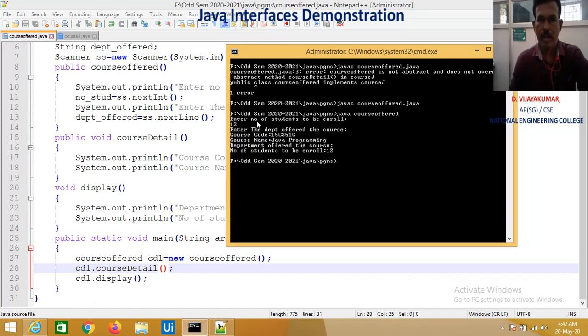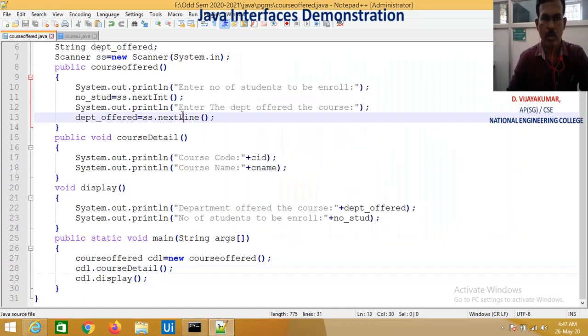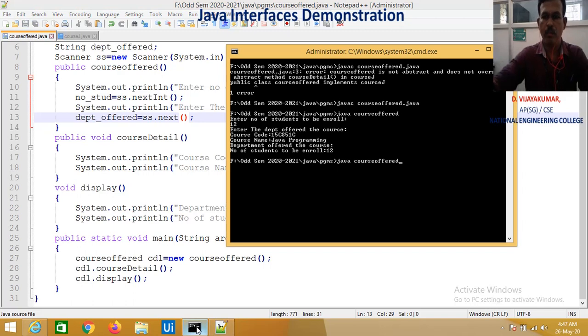It shows: enter the number of students to be enrolled. I have entered 12. Enter the department offering the course. It's not working right. So I need to use next instead of nextLine. What happens is that if you press the enter key, it is automatically considered as one of the inputs.